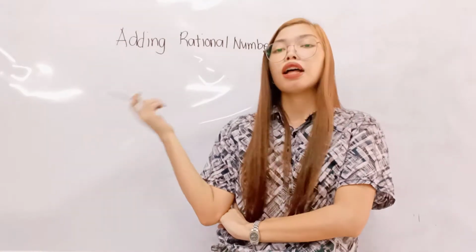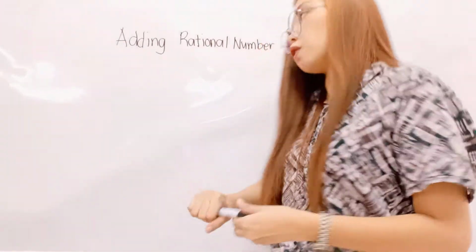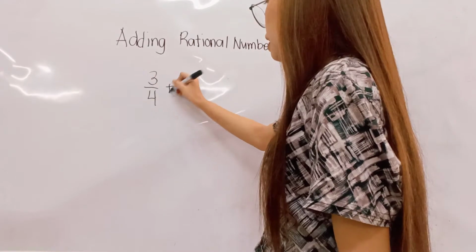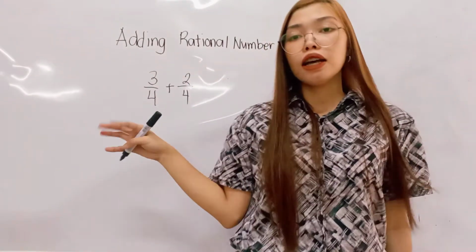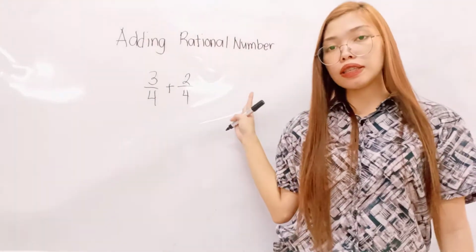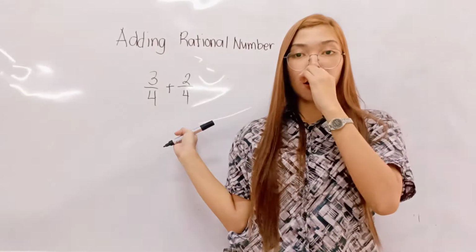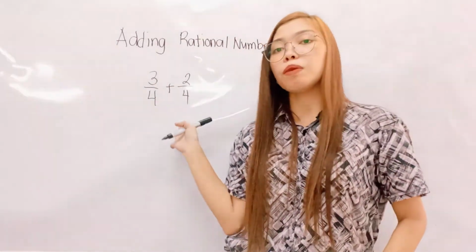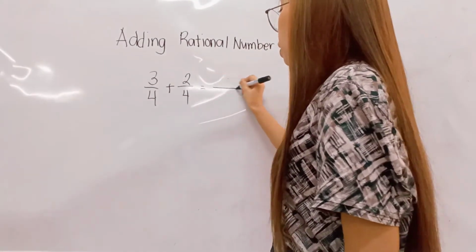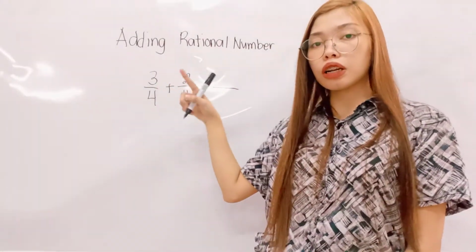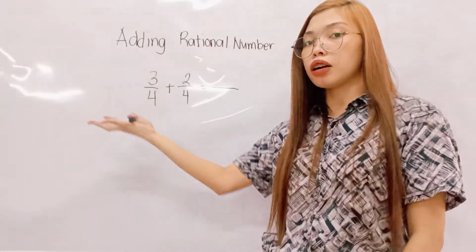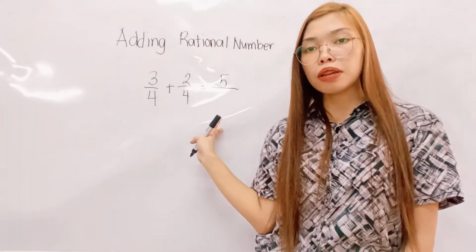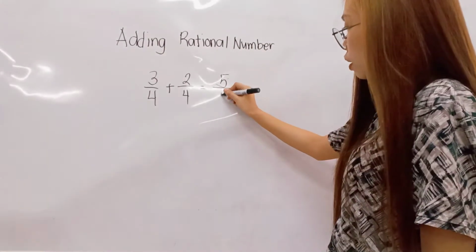So let's have first the fraction. Adding fractions po muna tayo. For example, 3/4 plus 2/4. As we can see in our example, they are similar fractions because they have the same denominators. In adding similar fractions, all we have to do is add their numerators, or the numbers above the fraction bar. 3 plus 2, we have 5. And then all we have to do with the denominator is to copy it. Okay? So your answer is